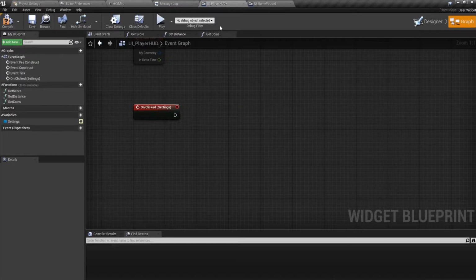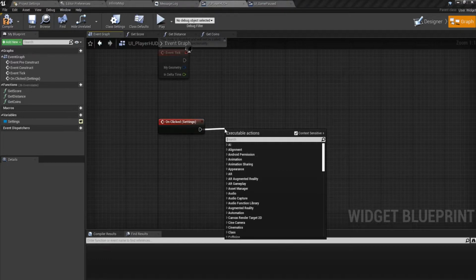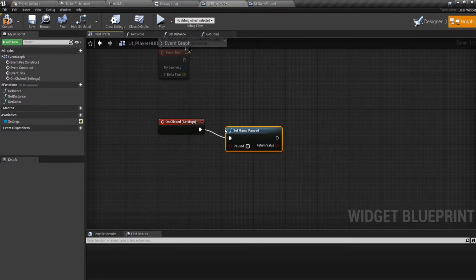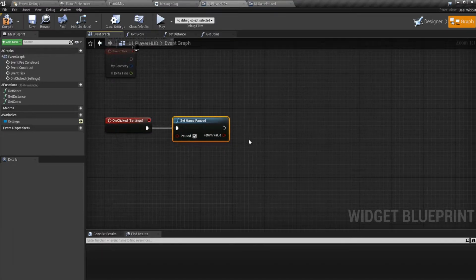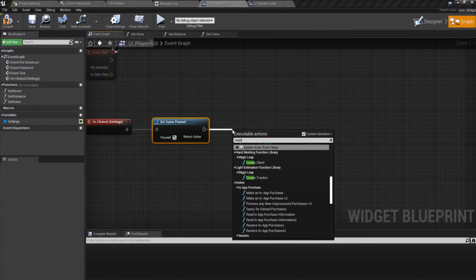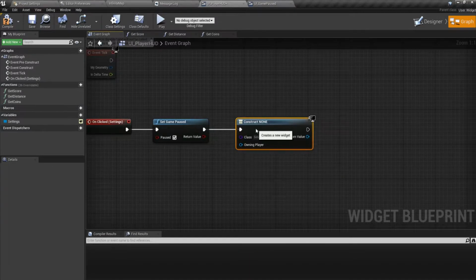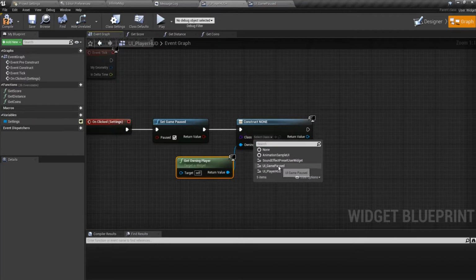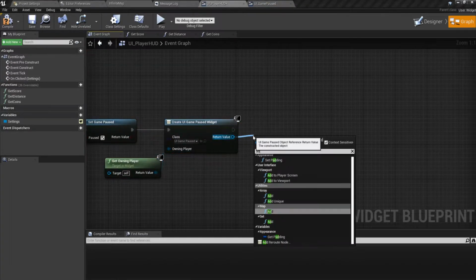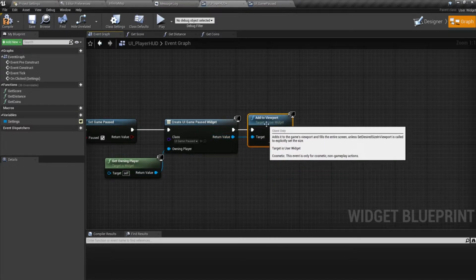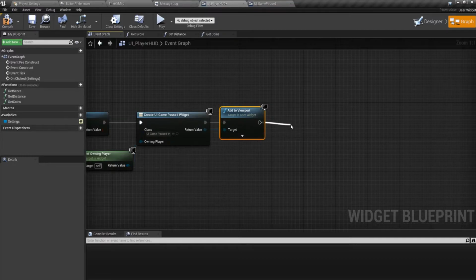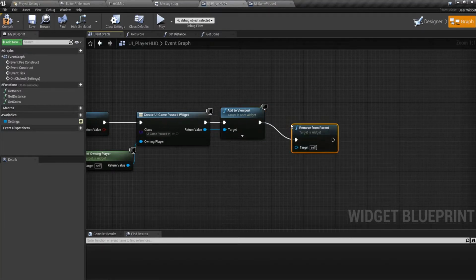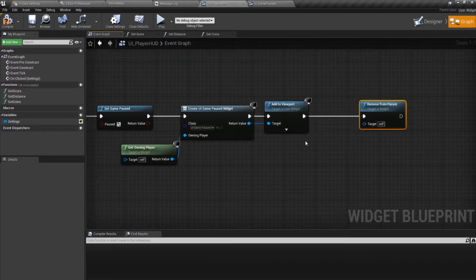So what we can do is get back to our player HUD, and over here we can do set game paused to true, and after that create widget, get owning player, and for the class game paused, add to viewport, and what you can do is remove from parent, that would be the self one,